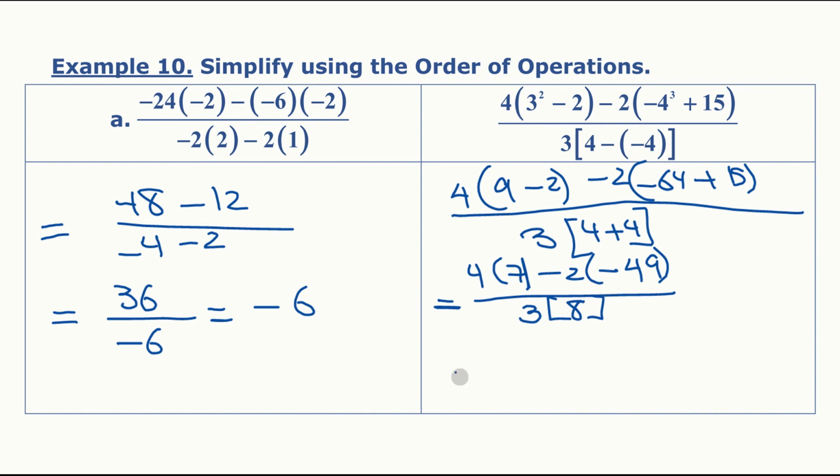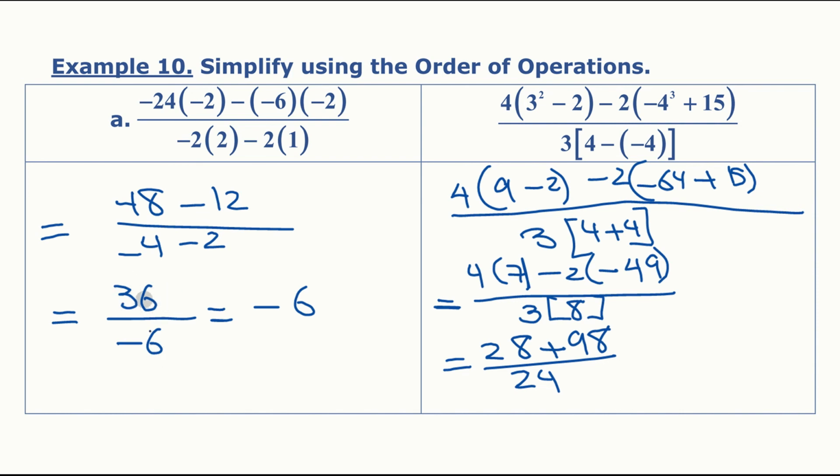All right, so 4 times 7, 28, and negative times negative, positive, so we get plus 98 over 24. Notice no interaction between the top and the bottom yet, just as there wasn't here until the very end